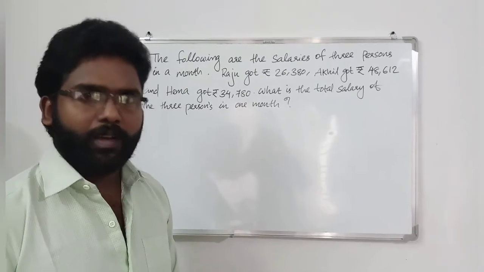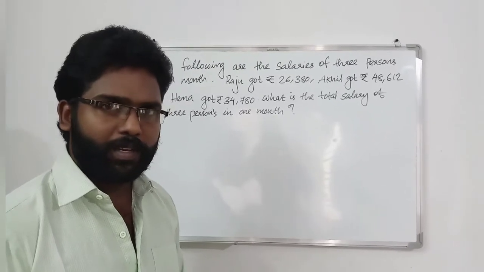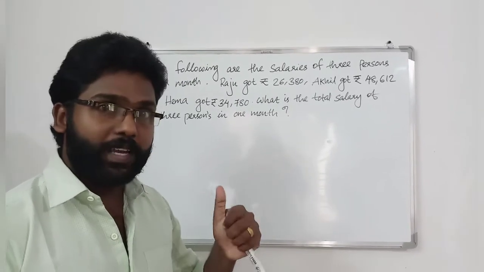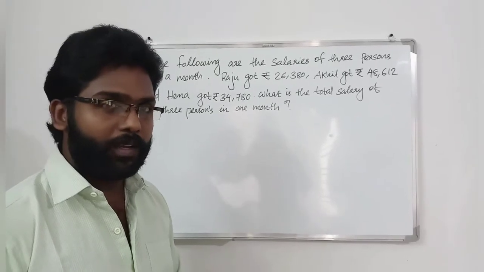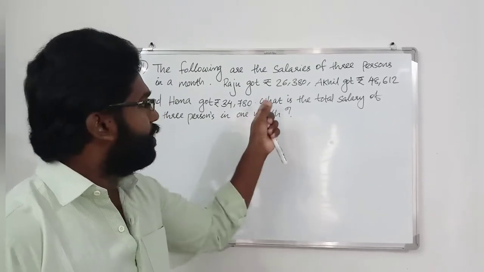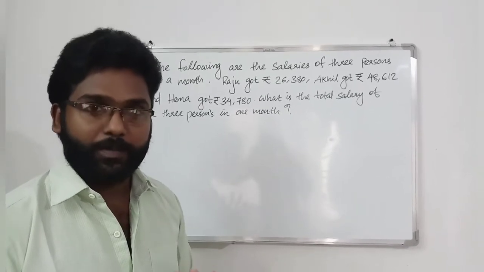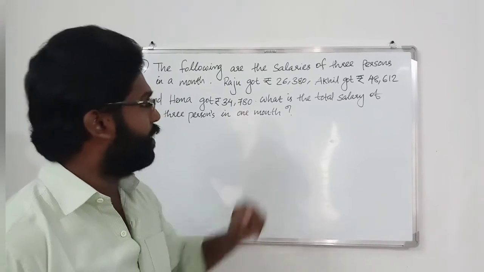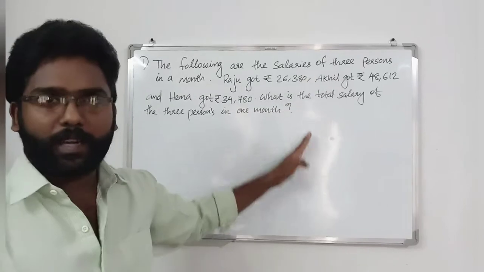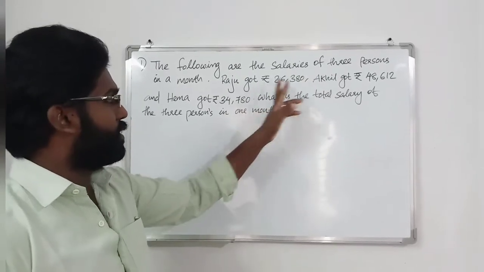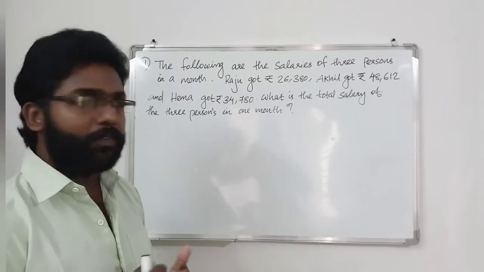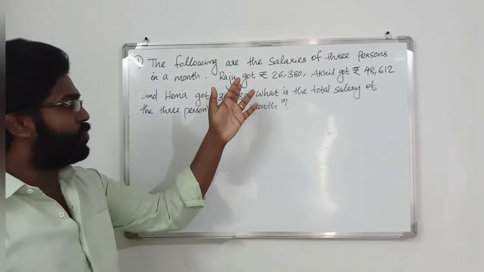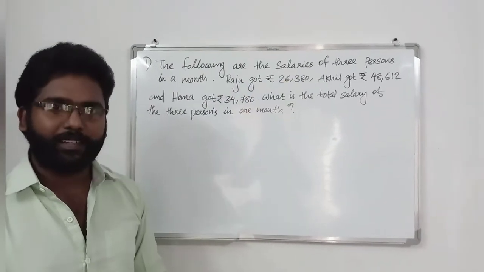That's all. I already told you the first chapter is a recap, remembering what you have learned in previous years, 3rd and 4th. Okay? So we can do it. In a word problem, we must write the steps. It is an important thing for word problems. So what's the first step here? Here are the salaries of 3 persons: salary of Raju, salary of Akhil and salary of Hema. Then we find the total salary of the 3 of them. Okay, so our first step: Raju got 26,380.